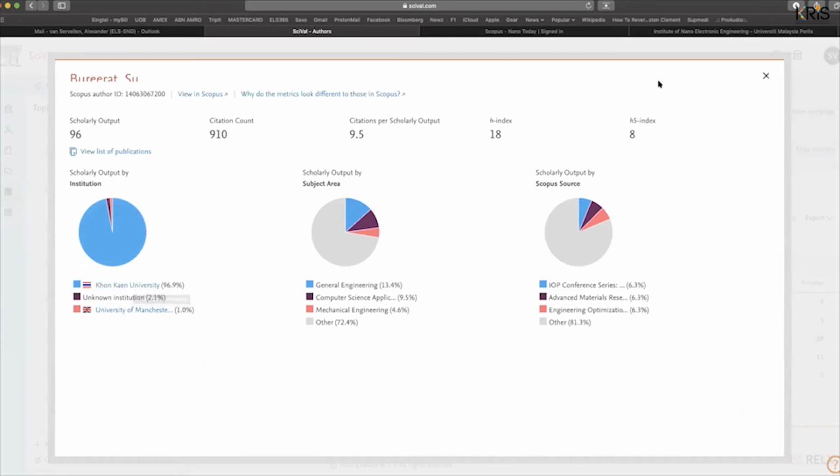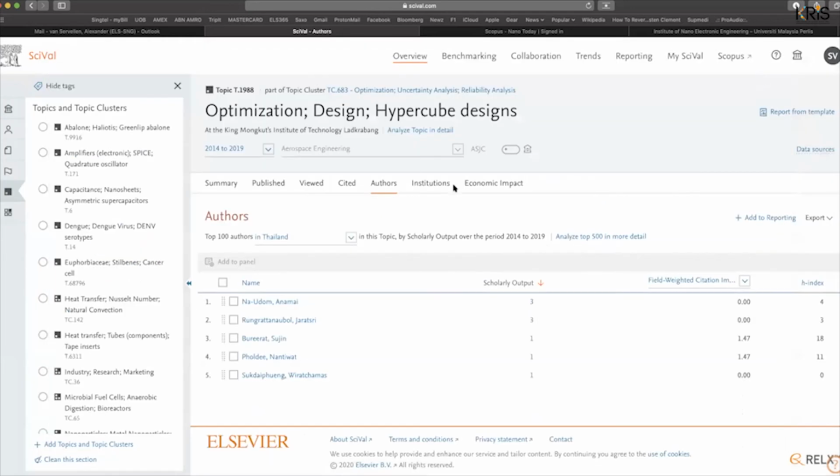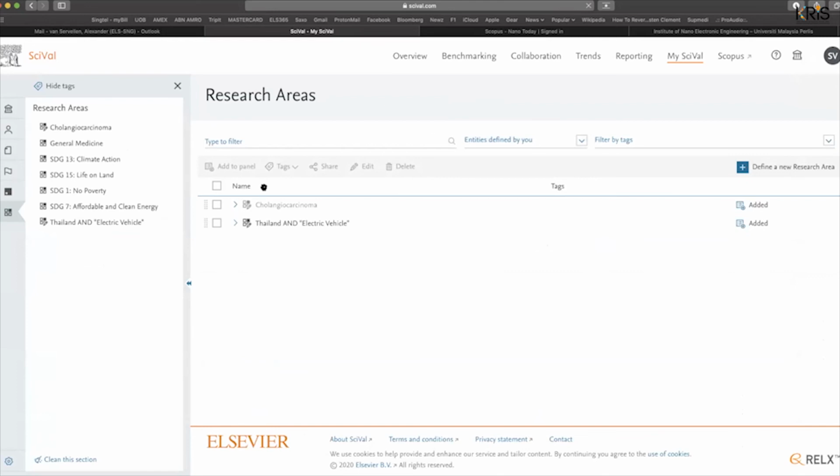Okay, got it. Thank you. Sure. Another question I got: how do we create a research group? Like, how do I create a group for the faculty of engineering? Can you show us how to do it if you want to create a research group? Yeah, so